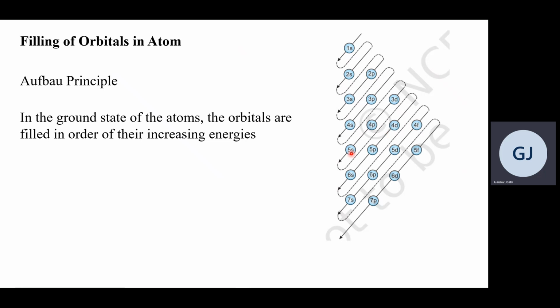For 5 again we have these subshells. For 6 we have 3 subshells, 6s, 6p, 6d, and 6f and others do not exist. Again with 7, 7d and 7f do not exist, so basically we have only two subshells. We have to remember this thing. This is the important thing. If you remember this, we can easily fill the electrons.